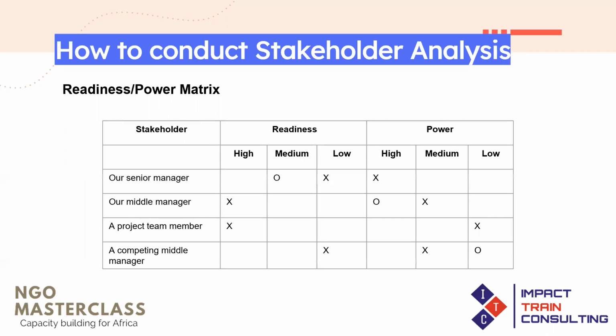This is the readiness and power matrix example. The stakeholders we are using here are a senior manager in a particular project, a middle manager in a particular project, a project team member, and a competing middle manager in another project. Readiness is ranked as high, medium, and low readiness, and power is also ranked as high, medium, and low power or influence. Now, in this example,